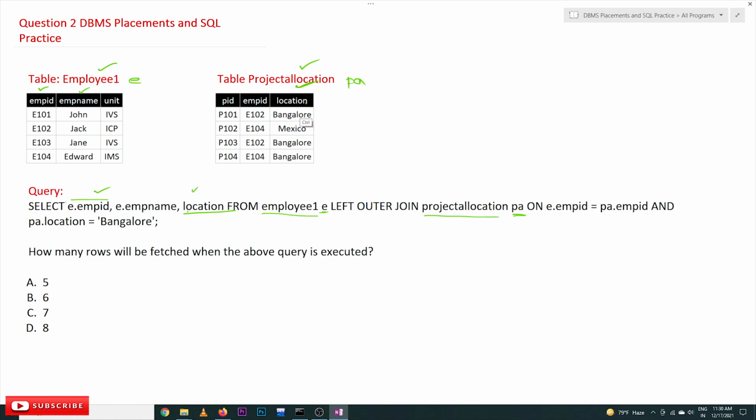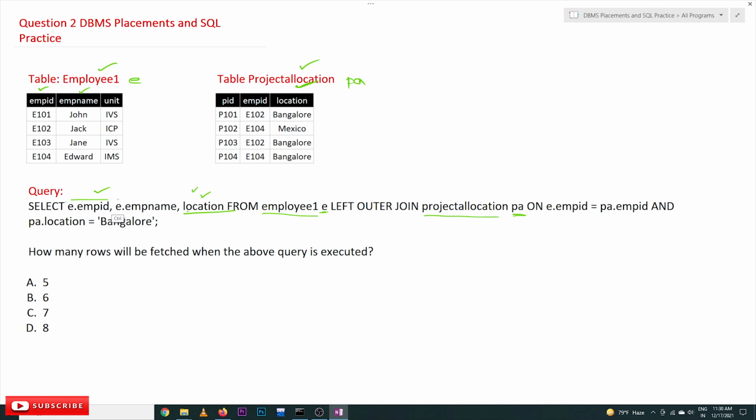As the location is unique, we haven't mentioned the aliasing name. If the names of the columns are unique, then we can directly give those names. If two or more same names exist, then we have to attach them